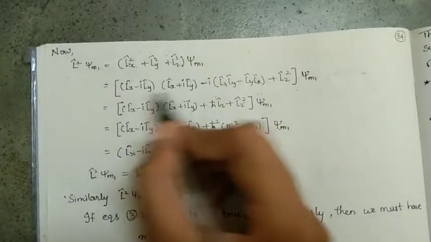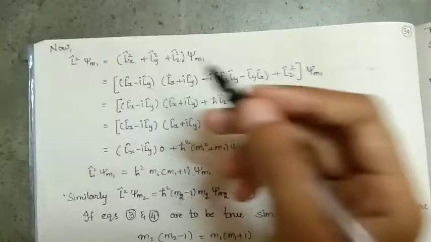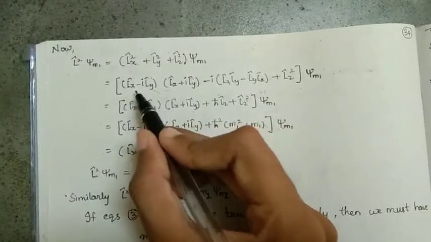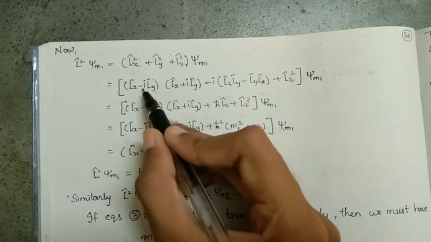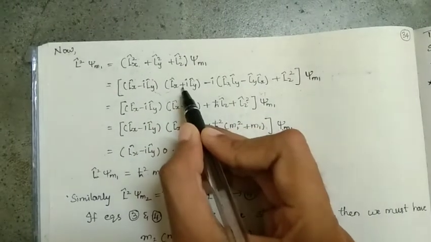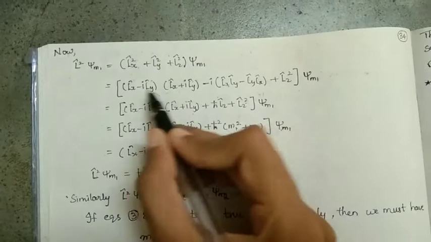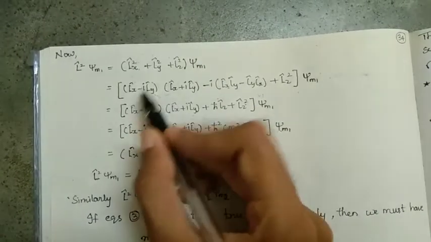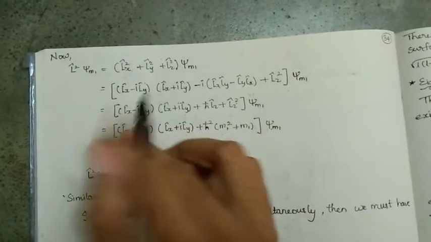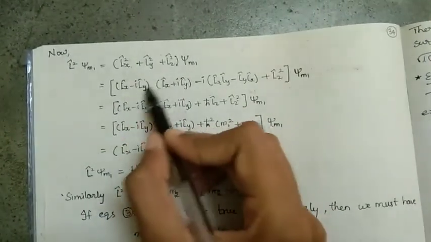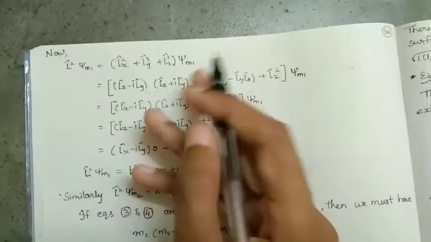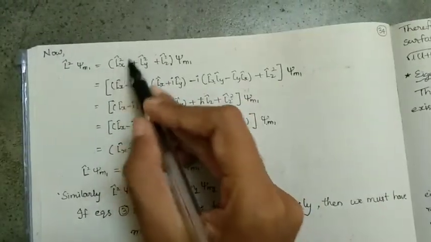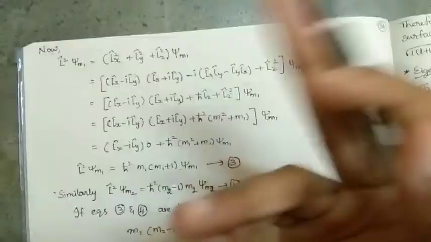So if we do the product of these two, what we would get is Lx into Lx, Lx square, and minus Ily into plus Ily, Ly into Ly, Ly square, minus I into plus I, I square is minus 1, minus into minus plus. So you would have Lx square plus Ly square. But actually this is of the form a plus b, a minus b into c plus d, so we would have 4 possible terms. But we require only 2 terms. So the remaining 2 terms have to be omitted.